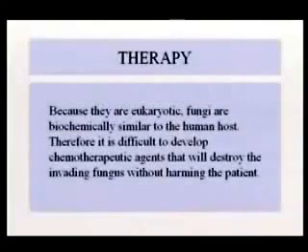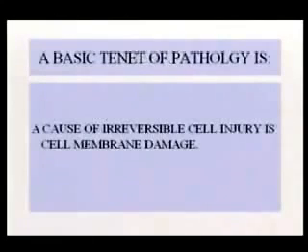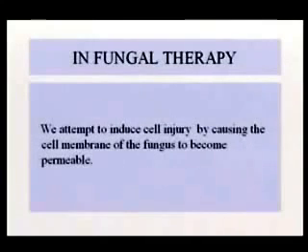Now, treatment. I mentioned in the very beginning about the eukaryotic cells, and that's a problem because if something's going to affect the eukaryotic fungus, it's going to affect the eukaryotic host. So it's hard to find something that will destroy the fungus without harming the patient. We have a lot of side reactions. A cause of irreversible cell injury is cell membrane damage, and that's usually what almost all the antibiotics do. They induce cell injury